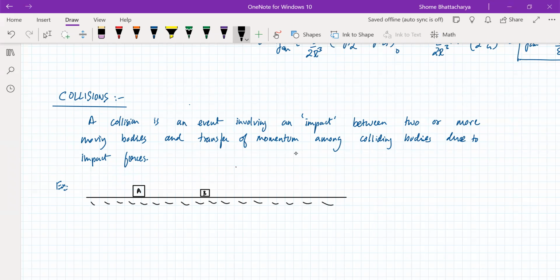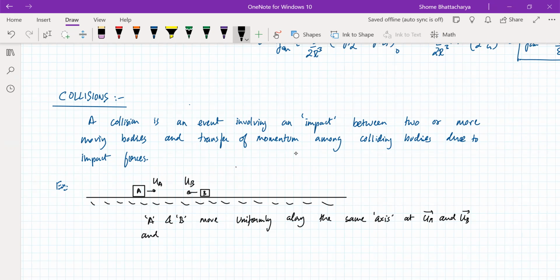So we have two blocks like this, which are moving with some velocities, UA and UB, let's say, towards each other. So A and B move uniformly along the same straight axis at the velocities UA and UB,